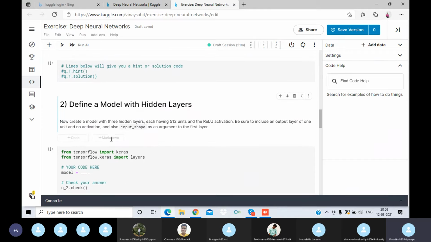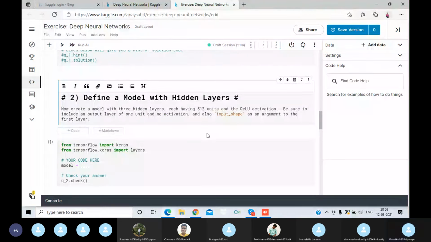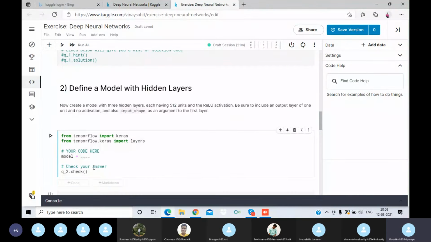So next we need to define a model with hidden layers. Now create a model with 3 hidden layers. They have given 3 hidden layers, each having 512 units, and the activation function is ReLU. Be sure to include an output layer of 1 unit and no activation function for the output layer, and also the input shape as an argument for the first layer.